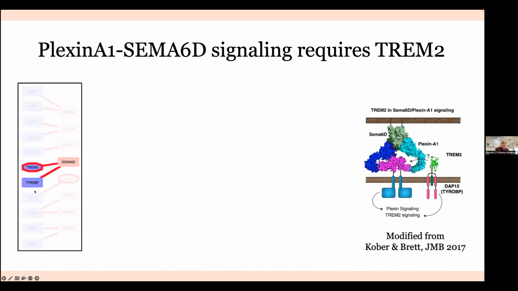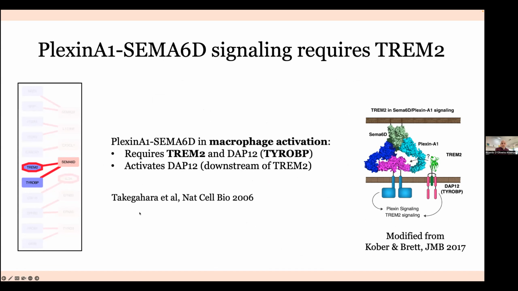So we want to focus now on this crosstalk involving TREM2 and TYROBP, which is the gene that encodes DAP12. And this corresponds to the plexin A1 semaphorin 6D crosstalk. And what's really interesting about this crosstalk is that it has been shown to induce macrophage activation in a TREM2-dependent manner. And in fact, it was identified using co-immunoprecipitation that TREM2, DAP12, and plexin A1